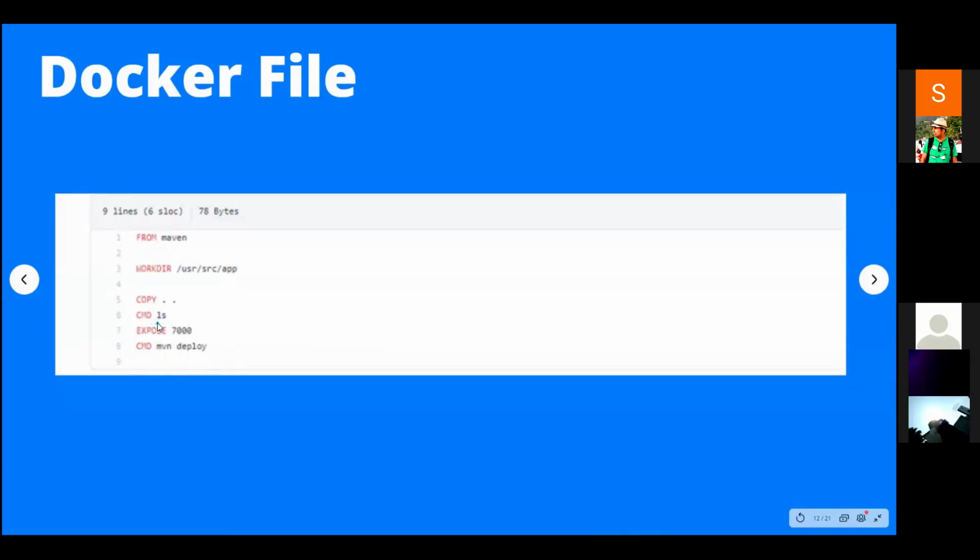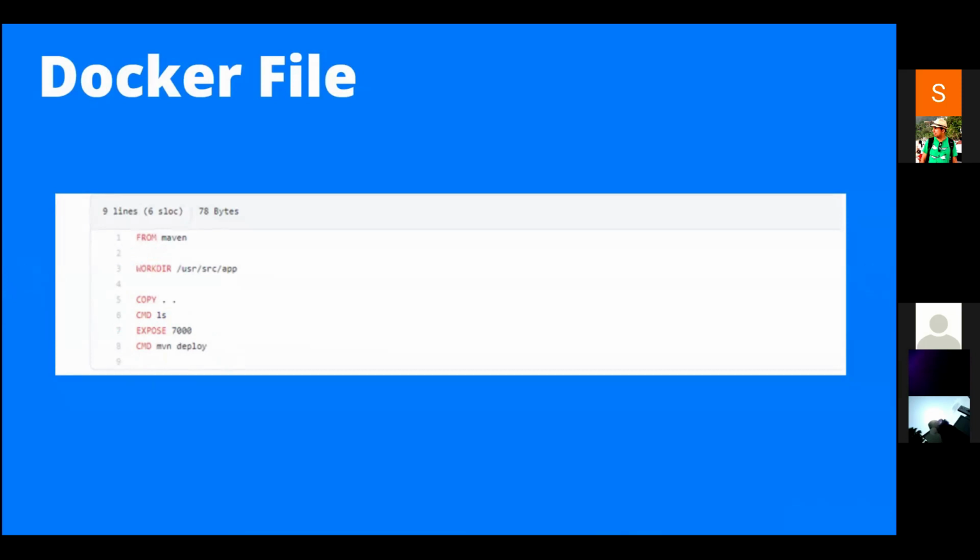So when I create a container from it, what will it do? It will download the image from Docker Hub and then run the command. I will explain how we can pull the images in my demo.